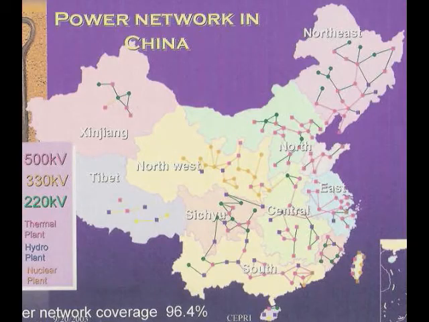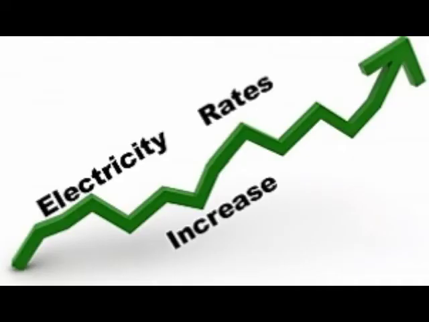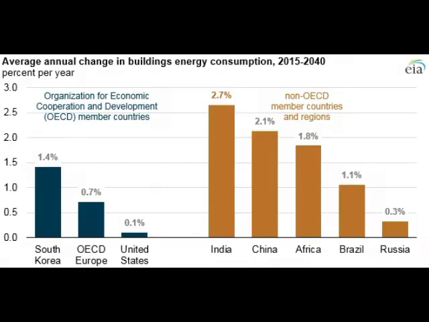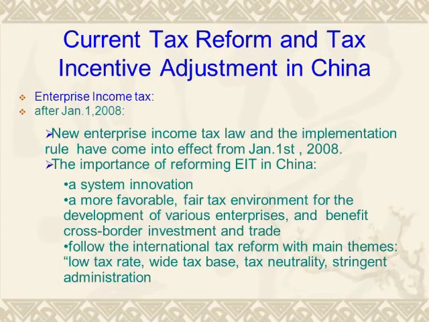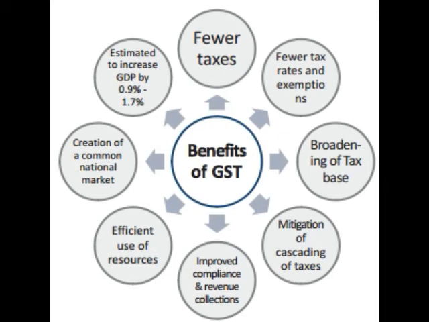In China, electricity is available 24/7 and also cheap, whereas in India, electricity is not available and also expensive. Cost per kilowatt in China is 3 rupees and in India it's 9 rupees. Whereas fuel price in China is $1.14 per liter and in India it's $1.17 per liter. And let's not forget the tax benefit provided to the manufacturer in China, whereas in India it has GST, which is too late to be implemented.